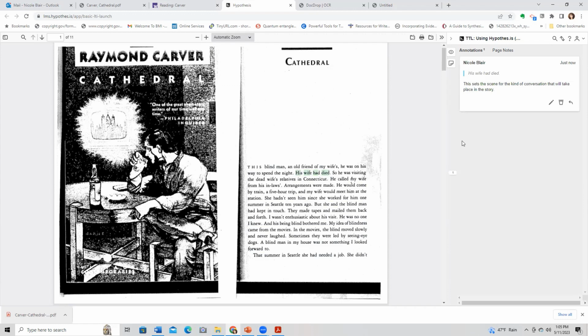Now, one thing to note here, if you're getting in and trying this for yourself, let me know if you have any issue getting to it. It's the one called Carver. It's the last assignment on the page, front page modules. I think it says Reading Carver. If you just highlight it, you see highlights that don't have annotations that you've made. So if I highlight something, I don't add an annotation, it's just for me. Lauren won't see it. No, nobody else will see it.